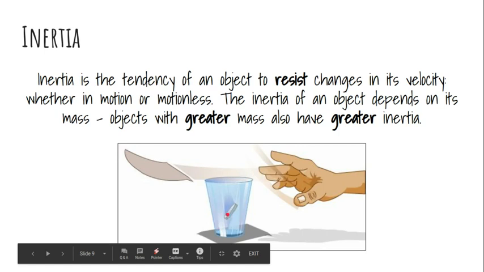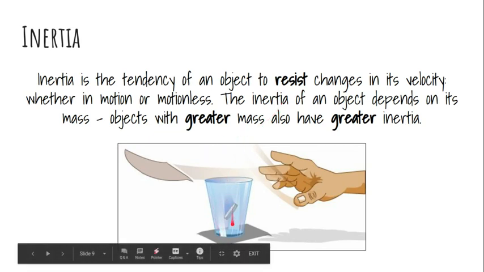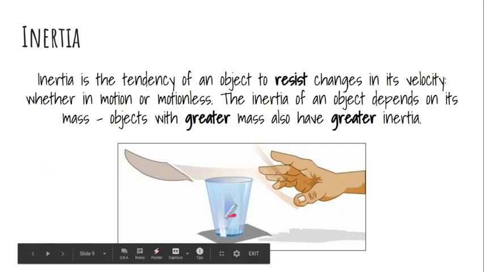That's because the coin has inertia. The coin is resisting a change in its velocity. The reason why it just fell is because it was resisting that change. Now this person imparted a force on the card, and the card started moving,